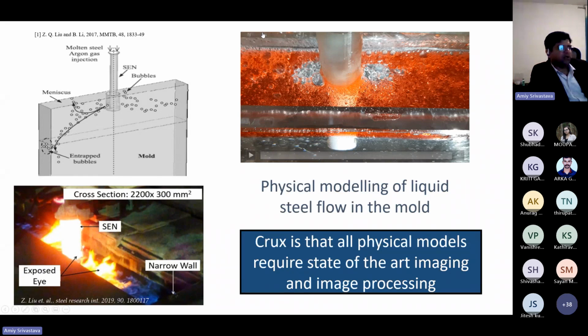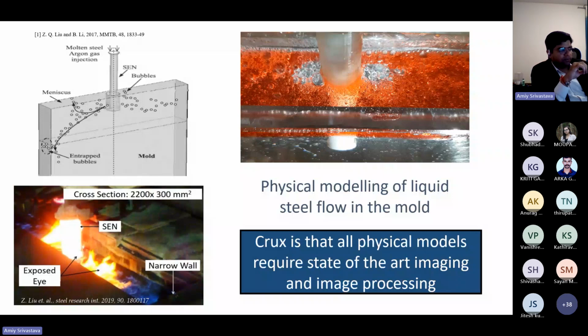And once it is open, what happens? A lot of oxygen can go from outside into the steel, and that can create some exogenous inclusions. And you know, inclusions are not good for any steel. Some bubbles are very small in size, and those bubbles don't have appropriate buoyancy, so they cannot flow up to the top surface. They move to the side wall of the mold over here. And over there, solidification is already taking place, so they are basically entrapped at the